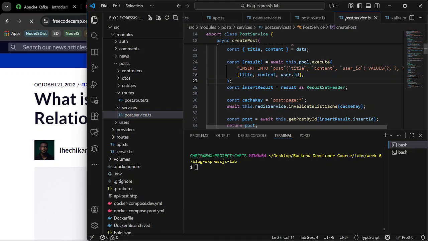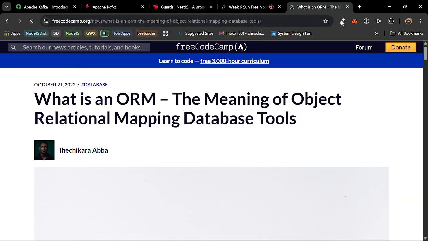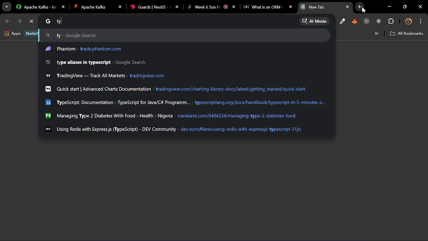But in this NestJS project, we're going to integrate an ORM system, so that we won't be writing raw SQL queries. We have various types of ORM packages. One of them is TypeORM. We have Prisma and the rest. So we're going to use TypeORM. And what is TypeORM?